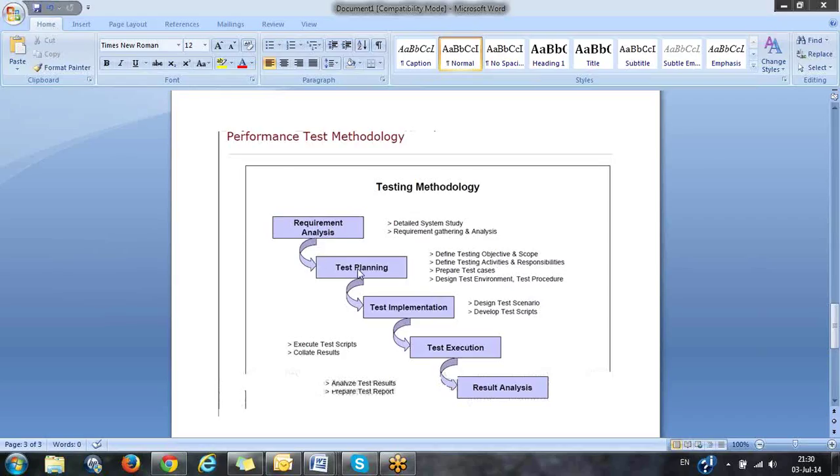So coming to the test planning, what am I doing here is I am defining my scope. How many performance testers I have to hire. What are their responsibilities? What tool I am going to use, what is the test environment I am considering, and what is the procedure I am following. What are the timelines? When am I submitting the complete report? Each and everything I will prepare in a document called the test plan document.